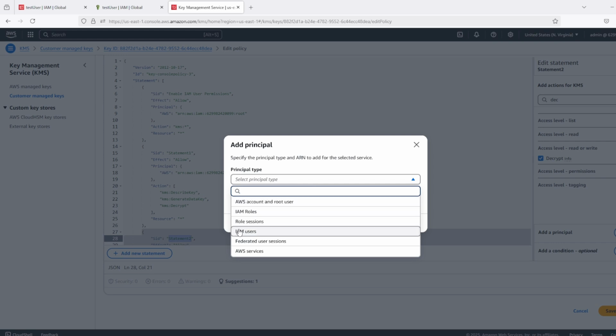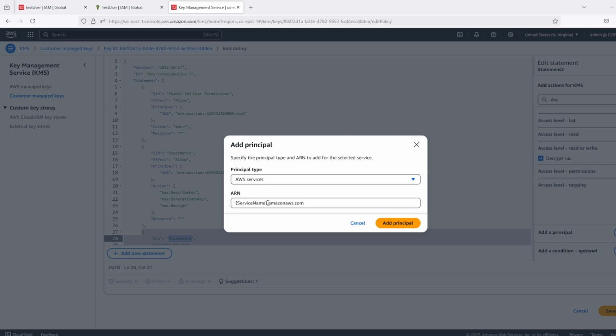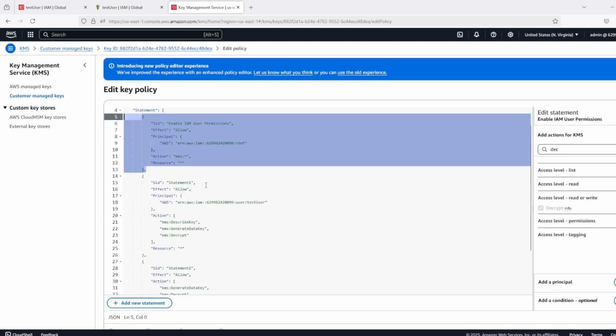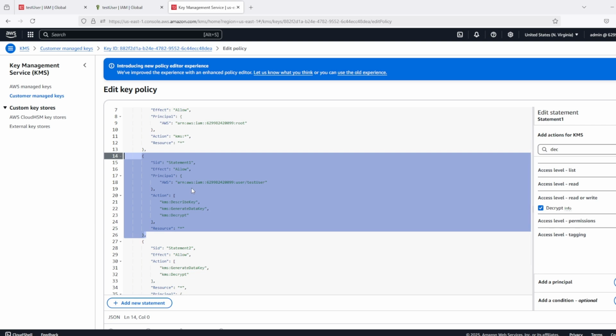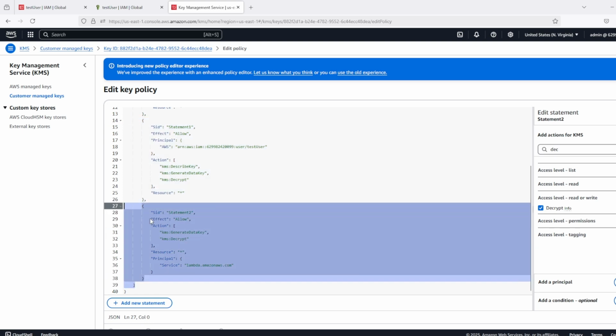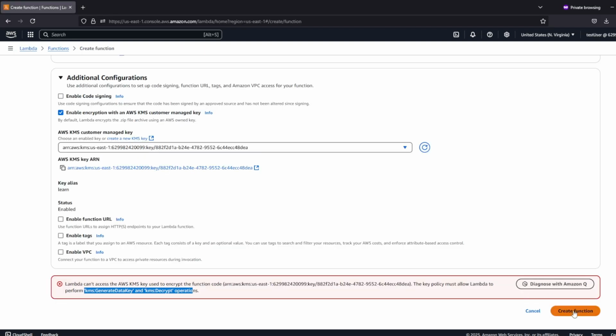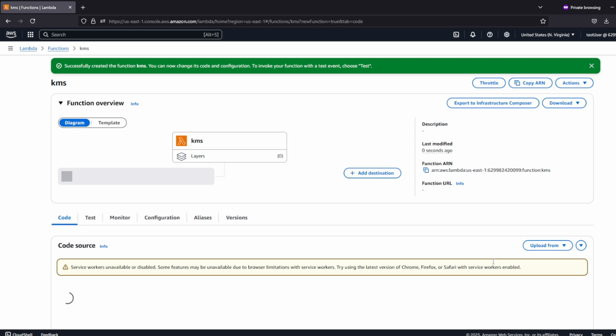And for principal, select AWS services and select lambda.amazonaws.com and add. So now we have this default statement, a statement to add permissions for our test user, and also a statement to allow Lambda to use these actions or call these APIs. Now save changes. This time the function should be created,